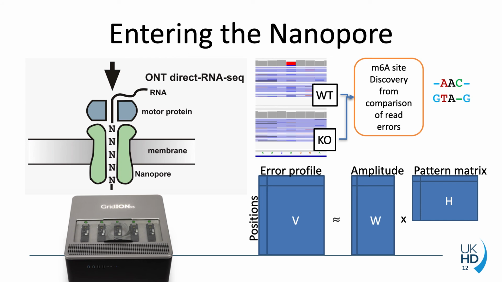As I told you previously, a 5-mer is recognized by the nanopore, so we are using some contextual information with a central A here, and we're using non-negative matrix factorization to decompose the signal,